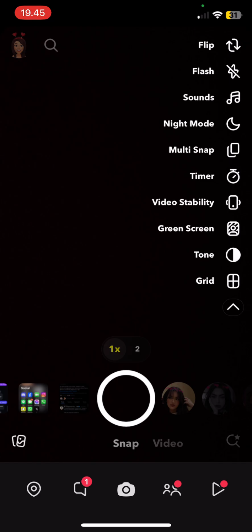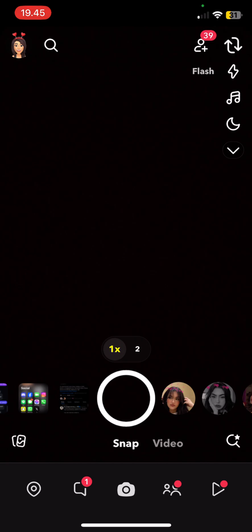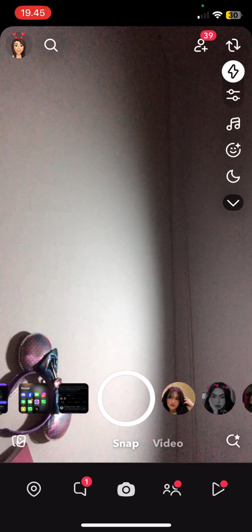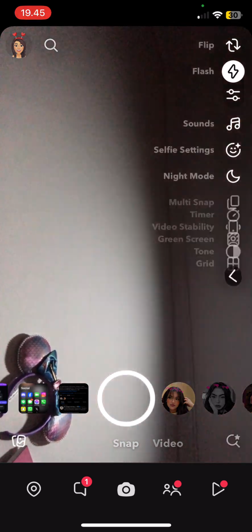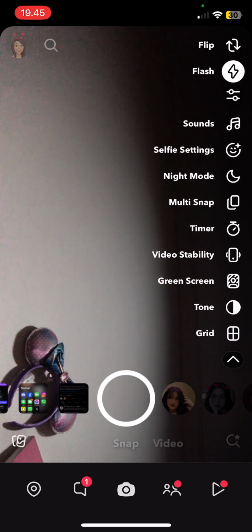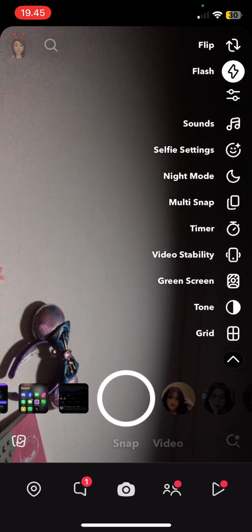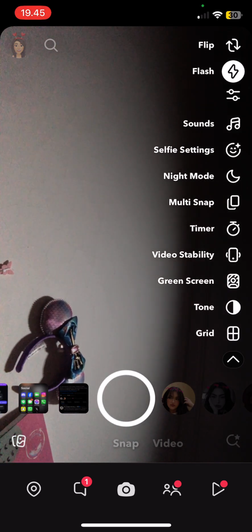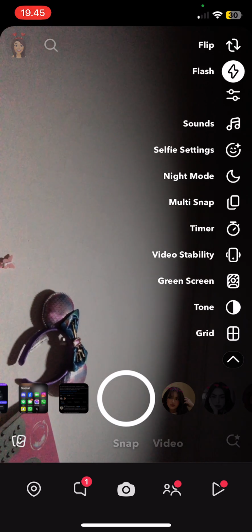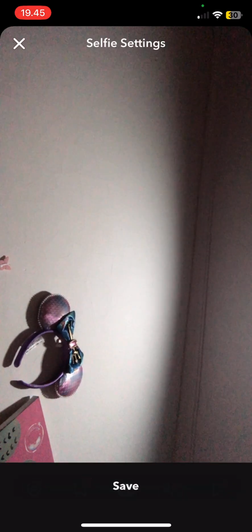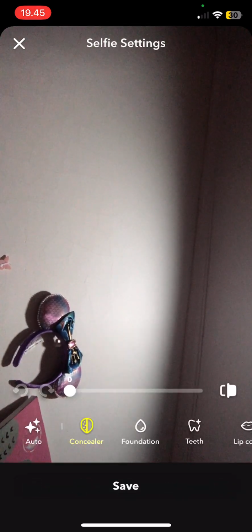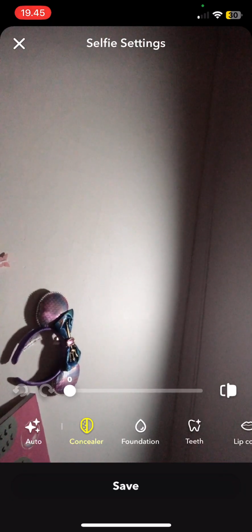Now, if you were to flip the camera around, you'll have what it's called a selfie mode. I'm just gonna flip it, and you'll see the ceiling up there. But you're going to see some more options. You'll see the selfie settings, which you can press,